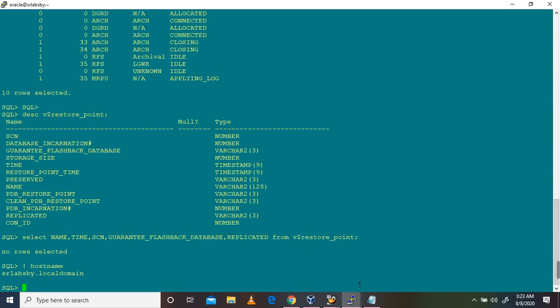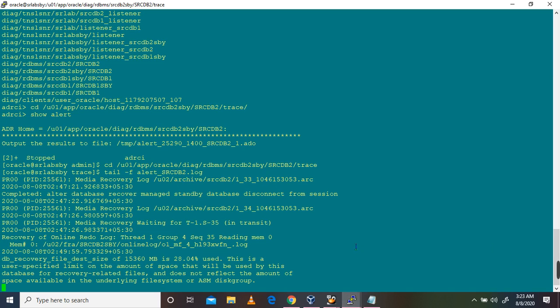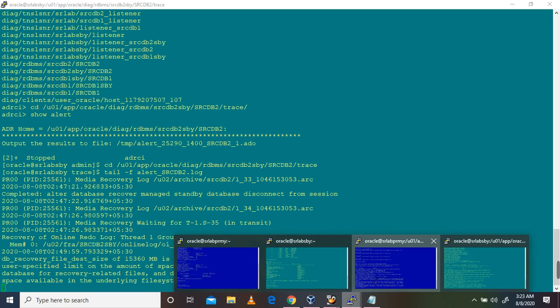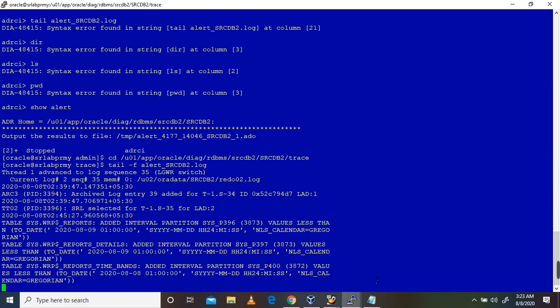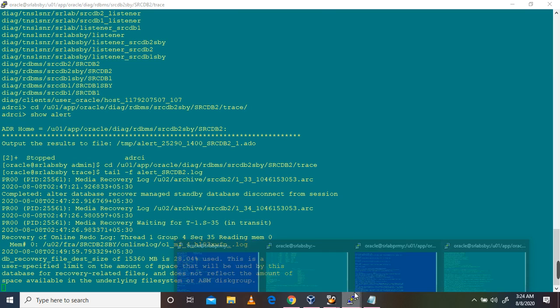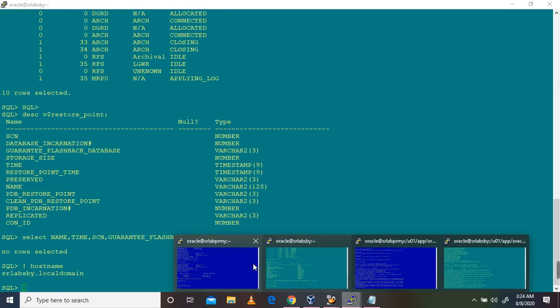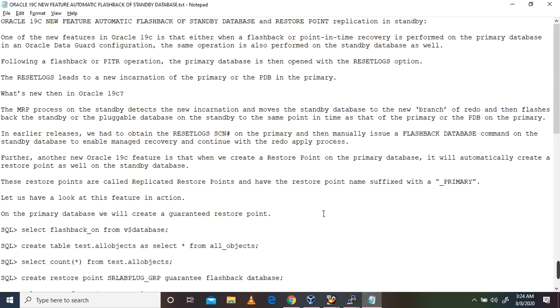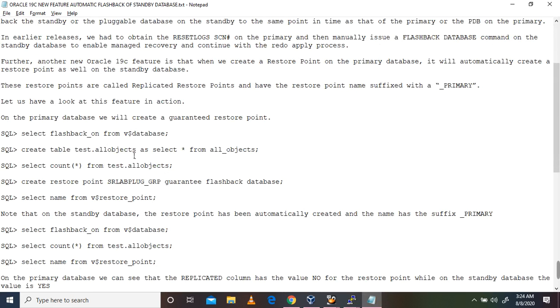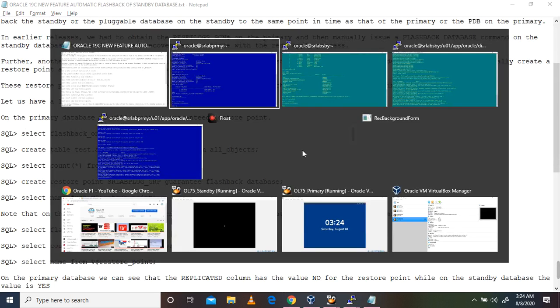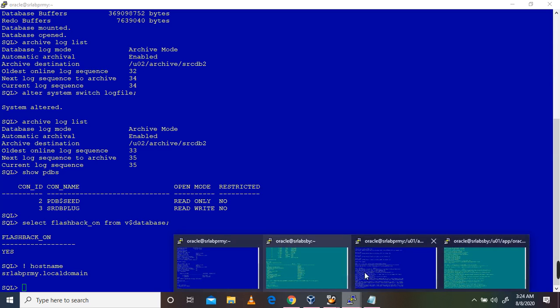I have also opened the alert logs, so we can see what happens in the backend. Both databases' alert logs have been opened: this is the standby, this is the primary. We have verified flashback on the primary side, and the same thing we need to verify on the standby side as well.